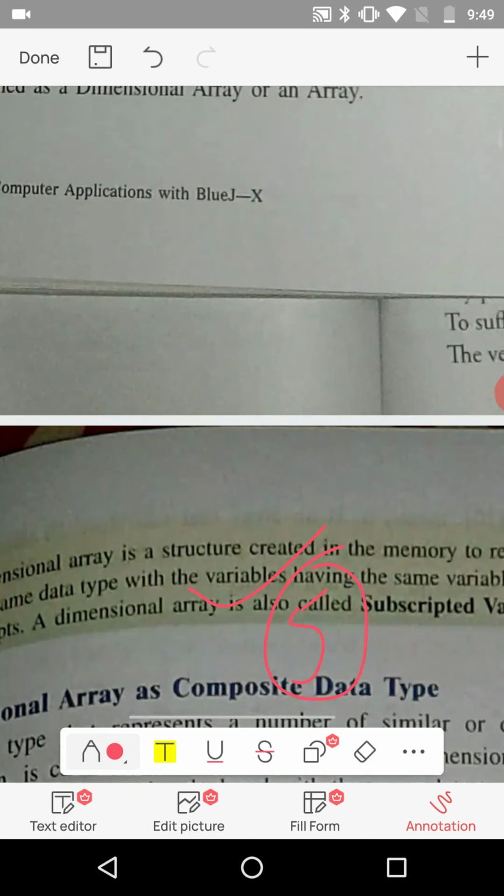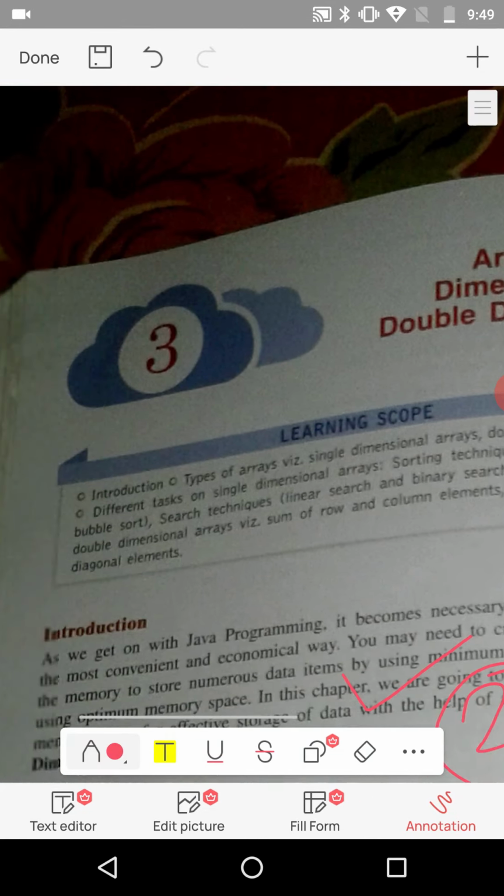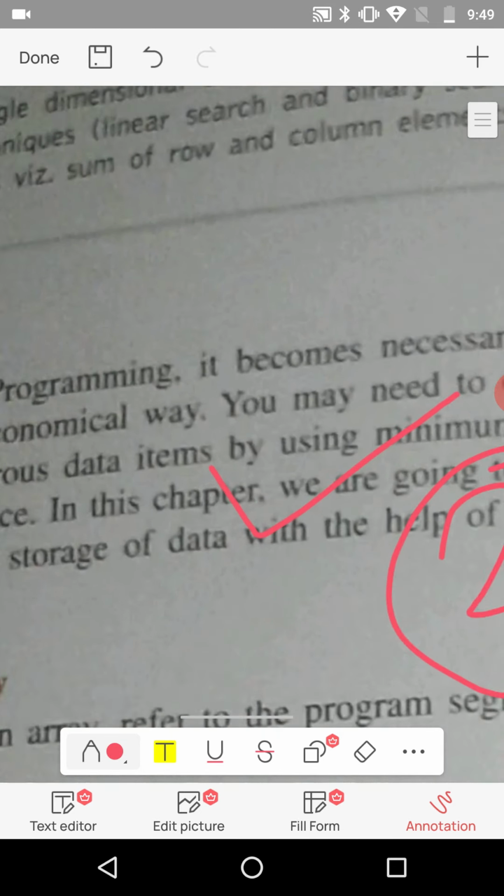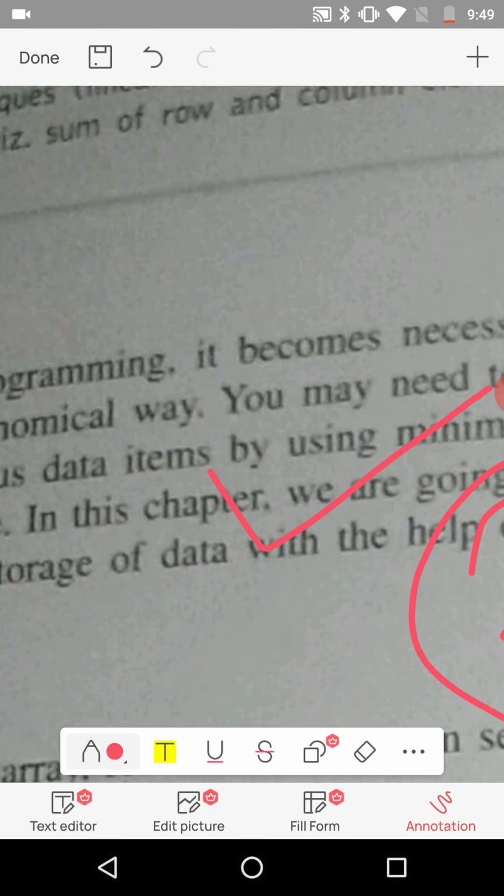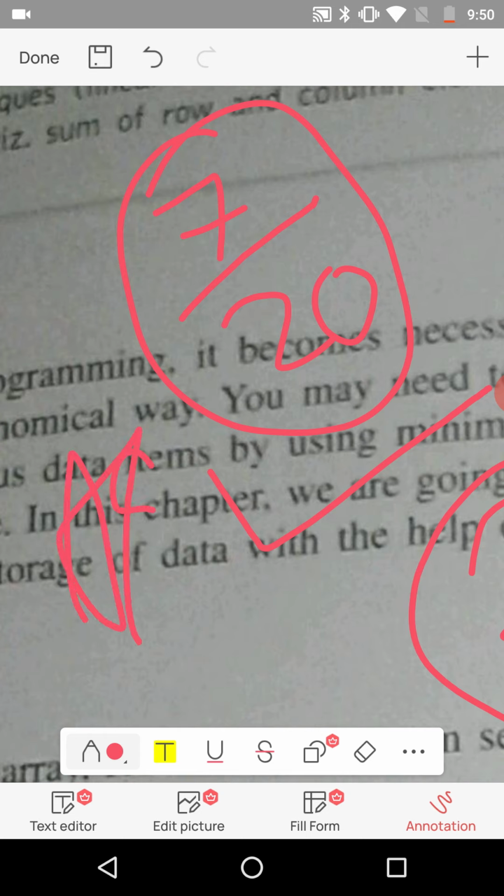So after evaluating, we have to go to the top. This question paper is of 20 marks. So what I will do, full marks 20, and how much the student got: 5 to 7. Okay, here I will put my initials. Now I am working with my finger. If you have a stylus with you, then it will be much easier for you to mark it.